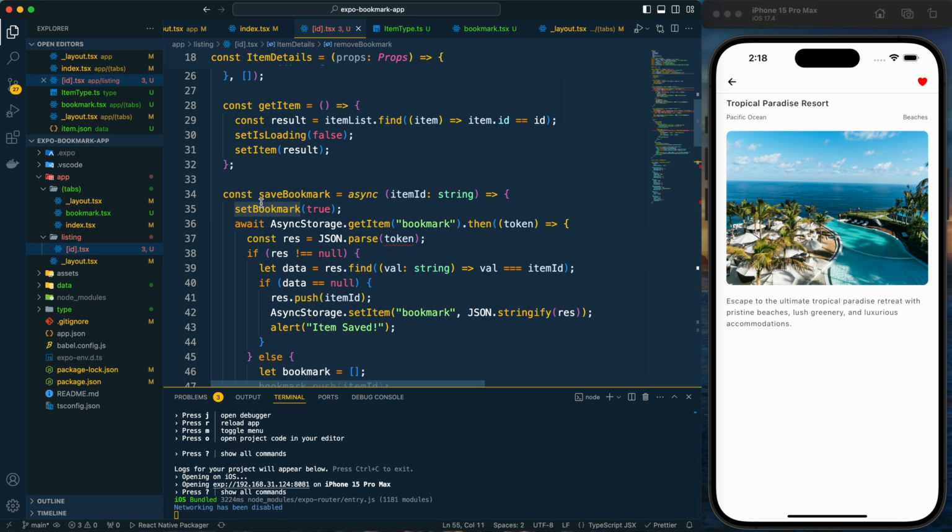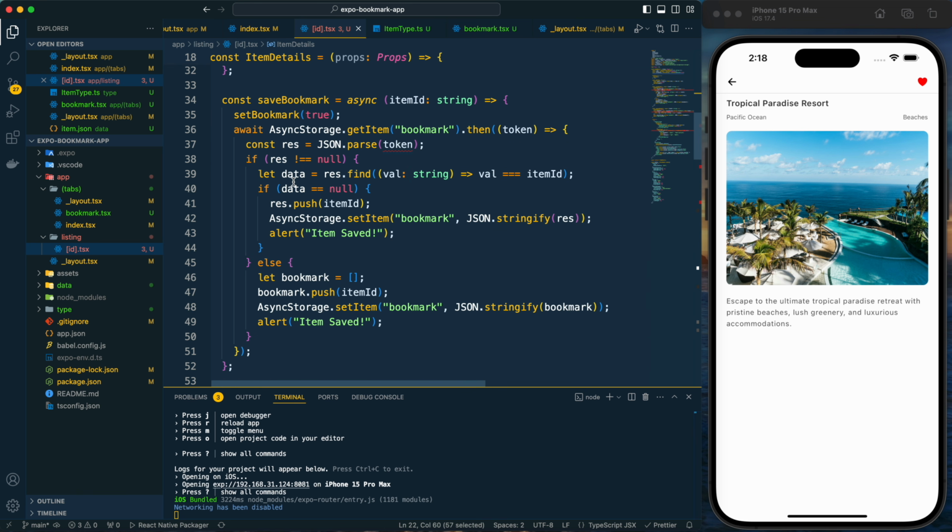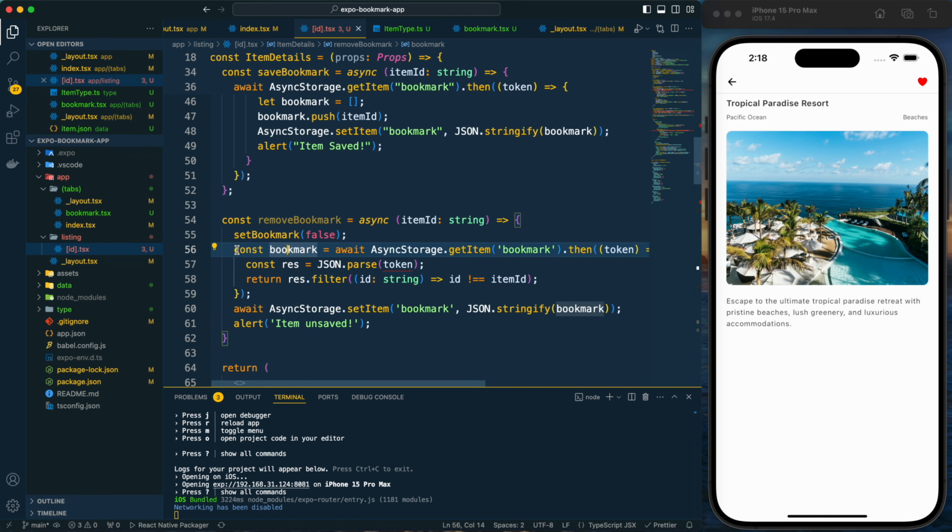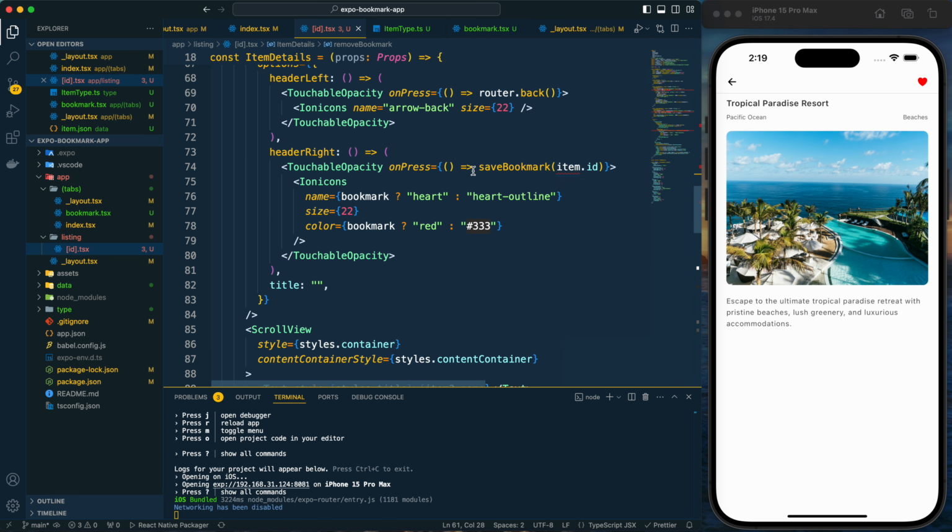This bookmark is the state bookmark, and this constant is just focusing here in this function, and this bookmark is holding the value which is being returned by this filter function, right? So now here we need to call that remove bookmark function also. So it will be a conditional check, and that check will also be based on the bookmark state.